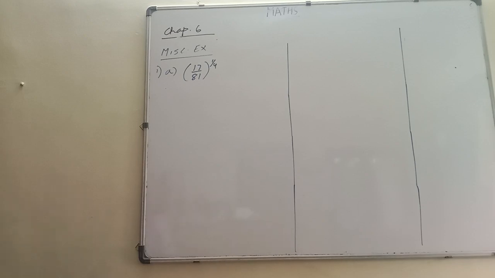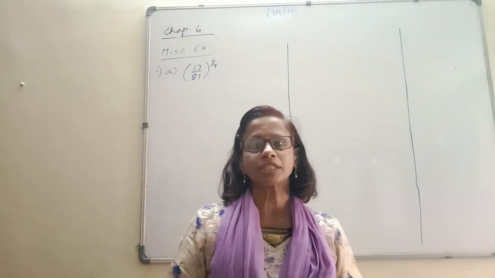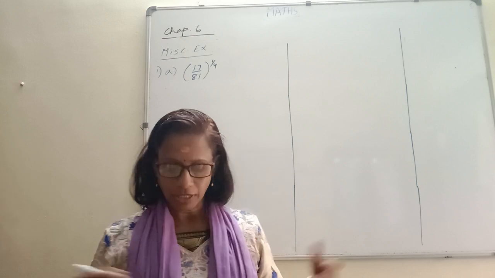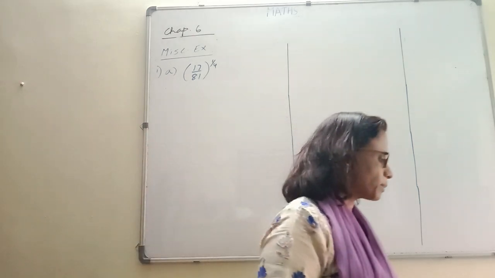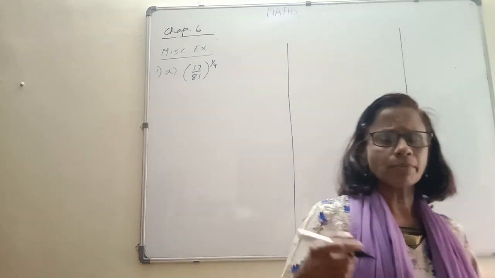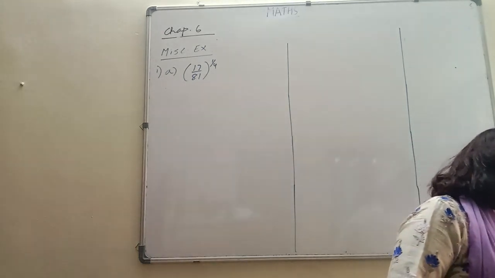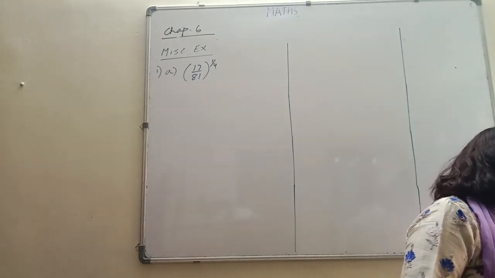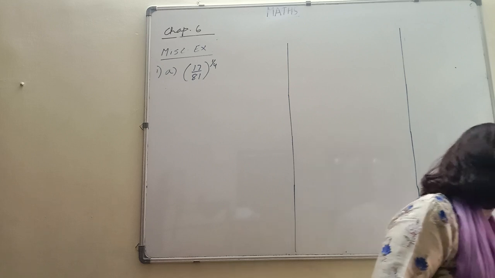Folks, we are back with the miscellaneous exercise now, and let's finish this voluminous miscellaneous exercise, which, like exercise 6.5, appears to be a little more voluminous. Let's start right away with question number 1a. It says that using differentials, find the approximate value of each of the following, and in that the first one